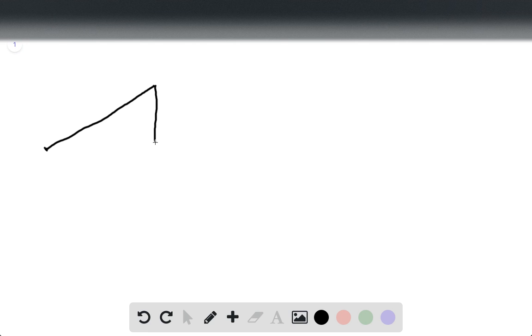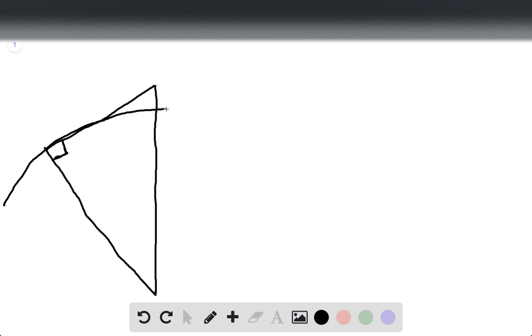Let's draw this a little bit straighter. And then, my apologies. Oh, there we go. And this is supposed to be a right angle. And so we can say that we have somewhat of an arc here. This distance here is going to be considered h. And then we can say that